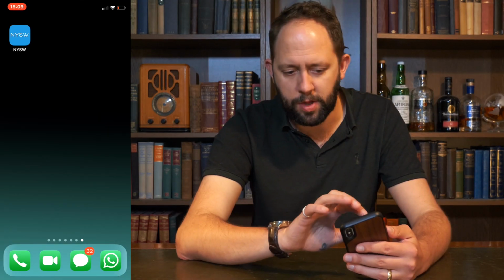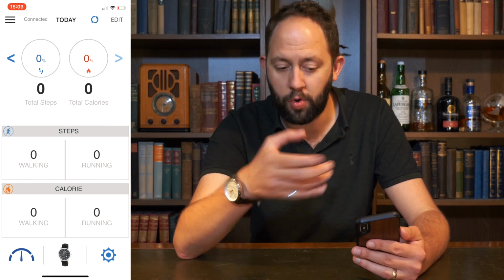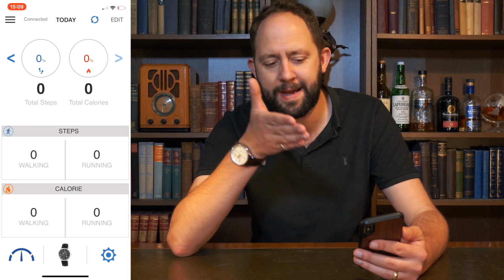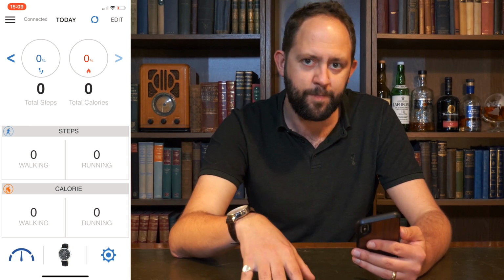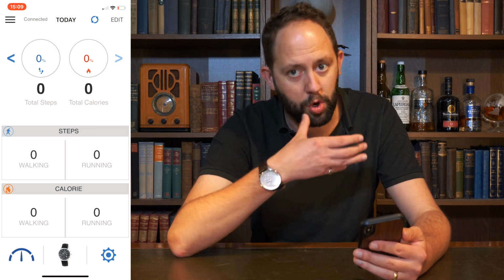Now, as with any smartwatch, I believe that they are only as good as the app that it joins to. So, let's have a look at the app. So the app we use specifically is called the NYSW app. Now let's pop in, and the first thing that you notice, or that I noticed anyway, is it's not very attractive. I think it looks a little bit dated, which is a bit of a shame because the watch doesn't,